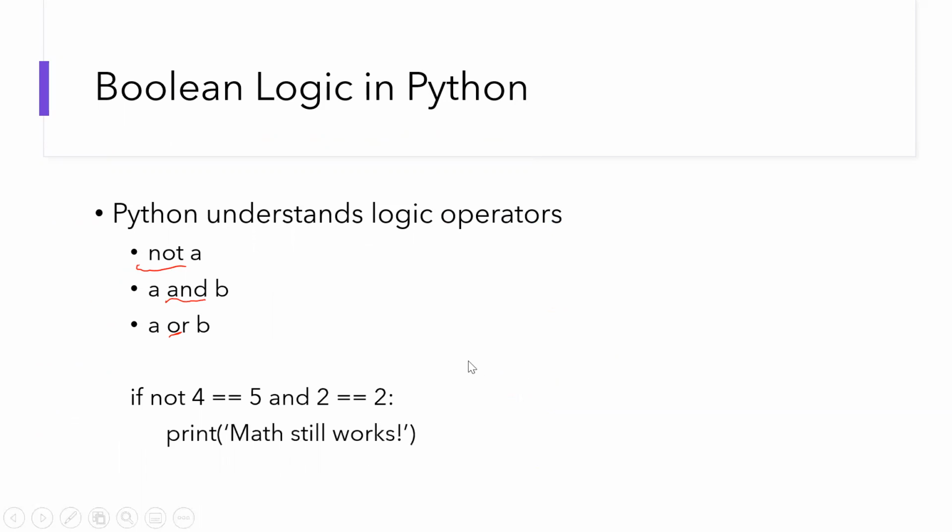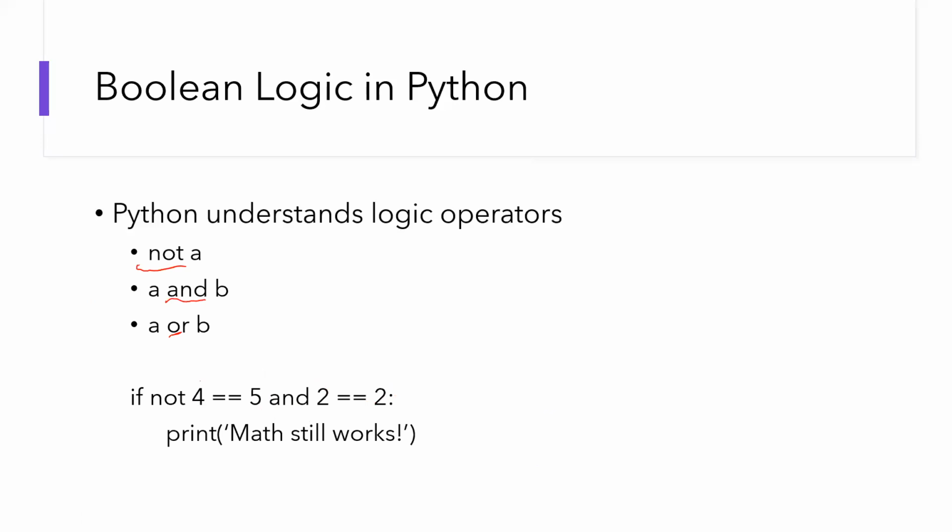If I say not 4 equals 5 and 2 equals 2, the first thing it's going to evaluate is, well, actually, that's a good question. I'm not sure if it evaluates that not 4 first, or if not,